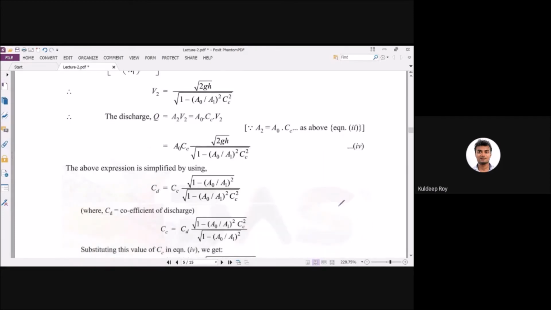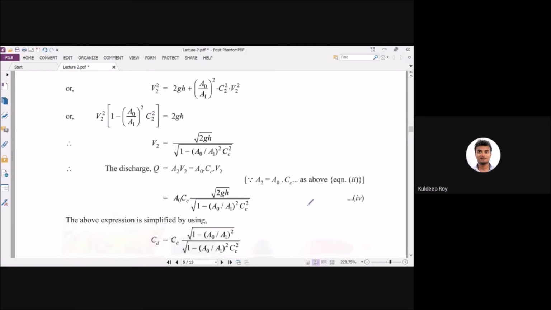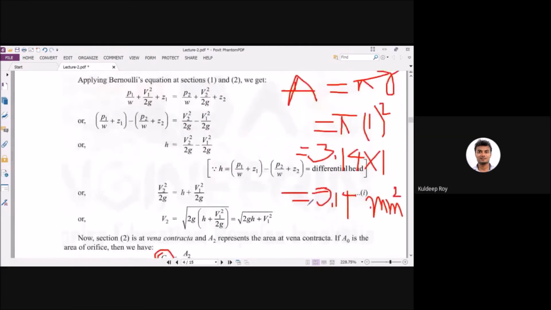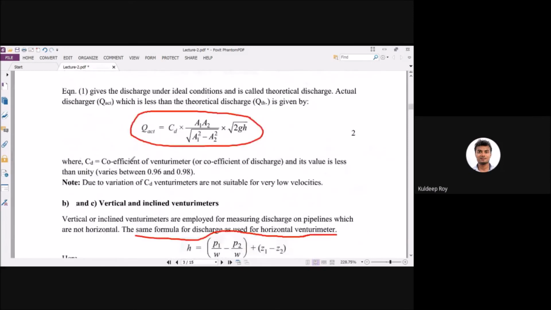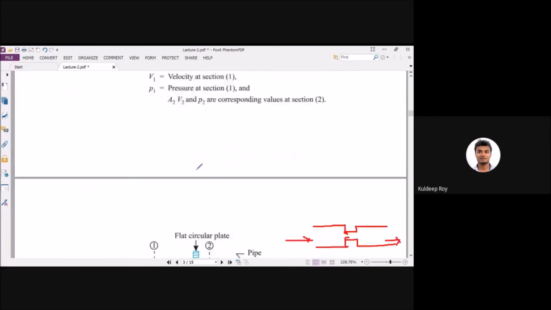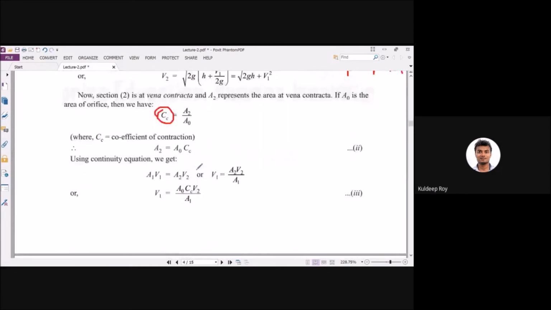Now in the upper part, for the Venturi, we also determine the discharge coefficient of Venturi, correct? The coefficient of Venturi meter or discharge coefficient, both are the same. Coefficient of discharge or discharge coefficient, both are the same word. Now if you want to determine the discharge coefficient, how will you approach it here?